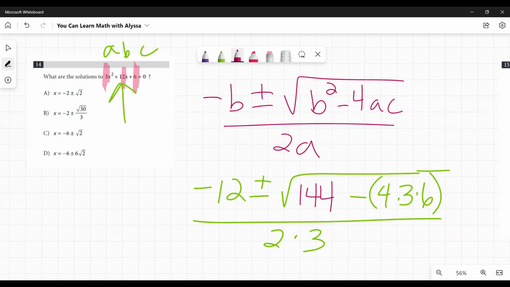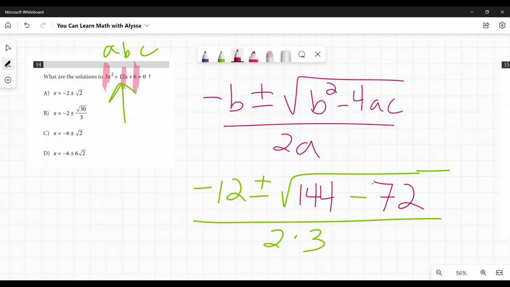Minus 4 times 3 times 6. 4 times 3 is 12. 12 times 6 is 72. Especially for these non-calculator portions, if you are feeling rusty on your times tables, it's so good to